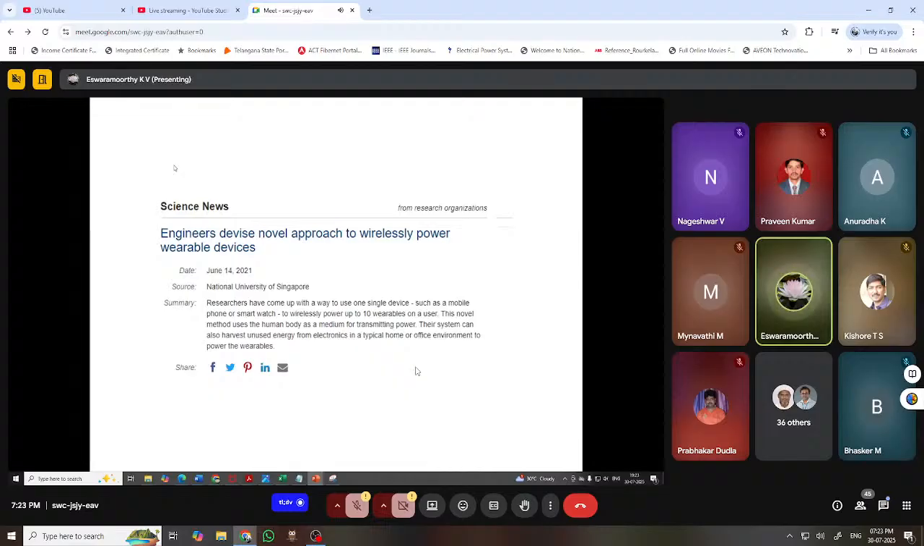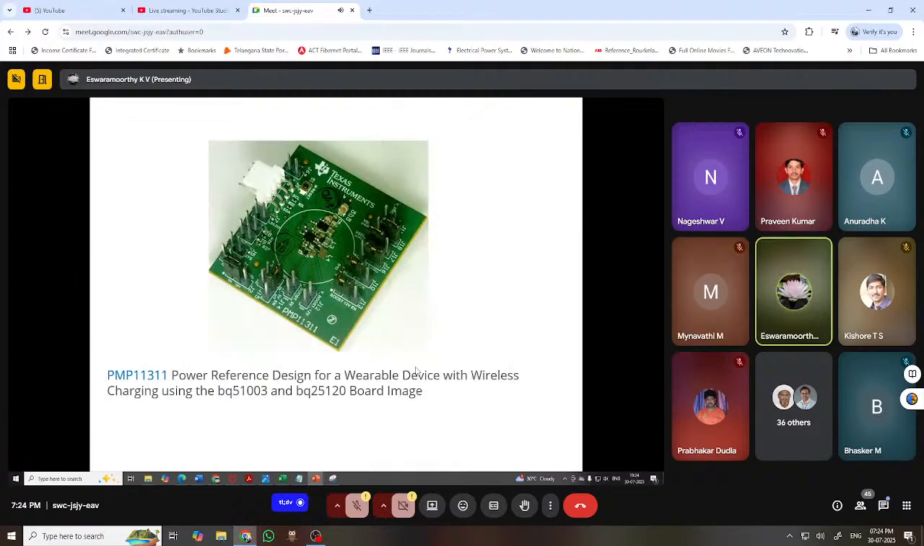Right. So here also they have done it with ten wearables and a user, wirelessly. So some of the users are available. And this is again one of the designs, PMP133. This is a power design from Texas Instruments. This is also one of the reference devices. We can use it for